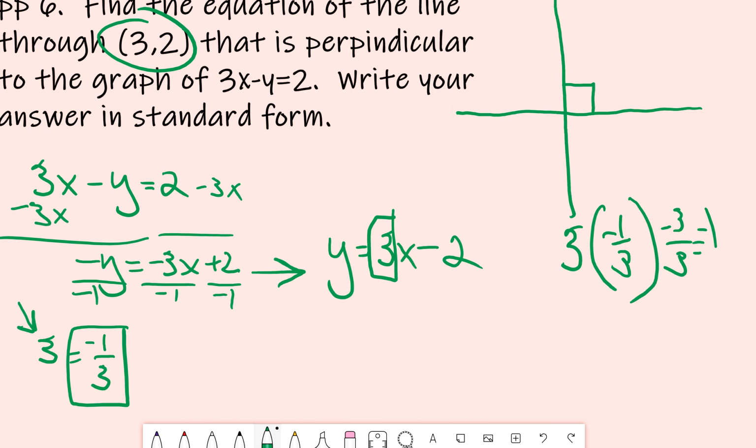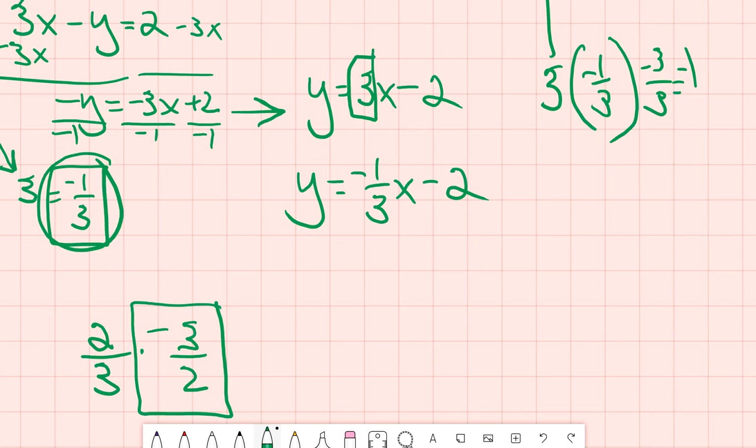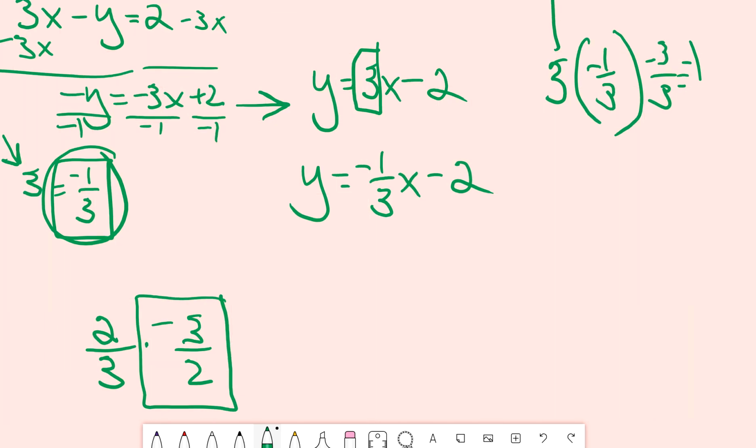All right, so did I finish this one? Write your answer in standard form. No, we're not done yet. I have the slope here that's perpendicular, and the y-intercept is minus 2. So my equation becomes y equals negative 1 over 3 x minus 2. So there's the equation that we're looking for. I changed the slope from 3 to negative 1 over 3